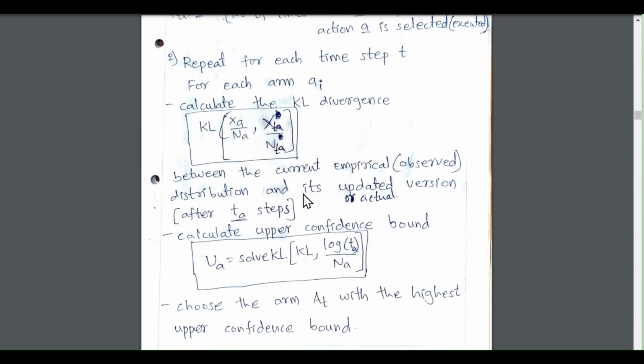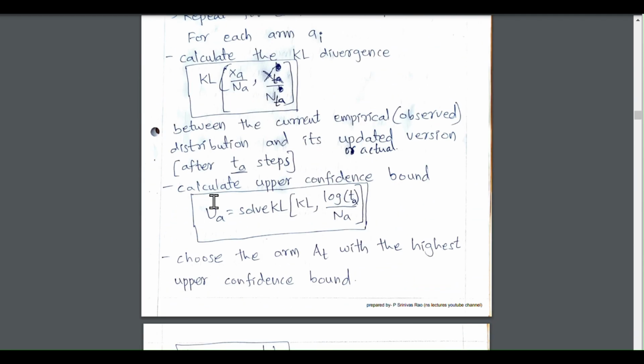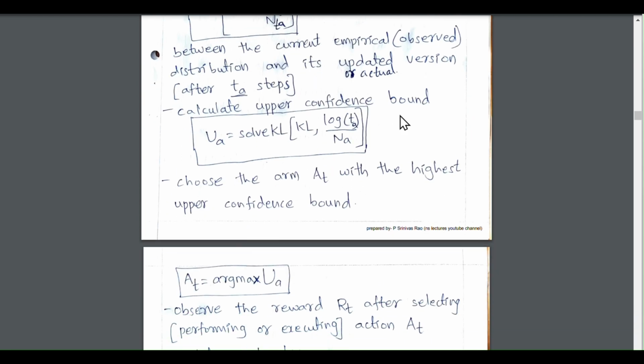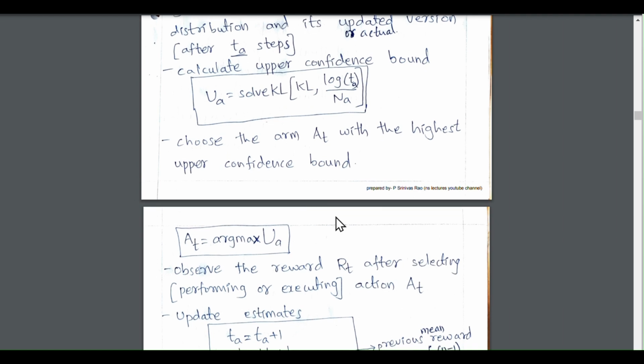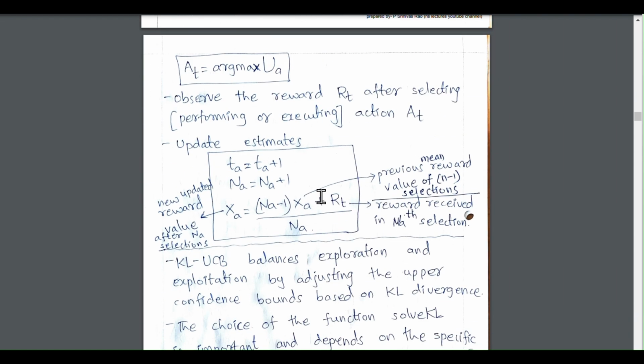Using this formula, we need to calculate, and then after calculating, we need to calculate the upper confidence bound. And after calculating the upper confidence bound for each action, we need to choose the action which has the highest upper confidence bound. Observe the reward R of t after selecting action t. So we'll observe the reward value while we select the highest upper bound action, and we'll be